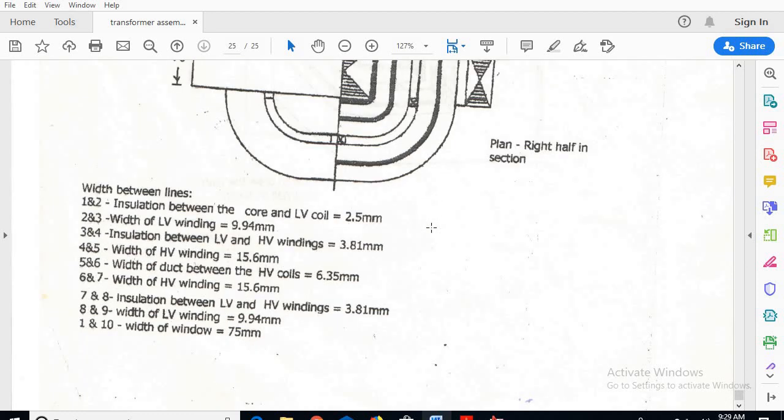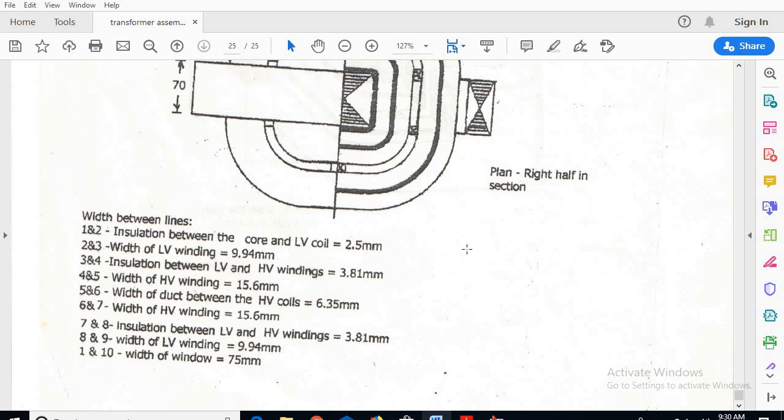What is 1 and 2? So 1 and 2 is the insulation between core and LV coil, that is 2.5. So 2 and 3 is the width of LV winding, 9.94. Third one will be insulation between LV and HV winding, 3.81 mm. Next 4 and 5 will be the width of HV winding, 15.6 mm. Next 5 and 6, width of the duct, that is 6 point,